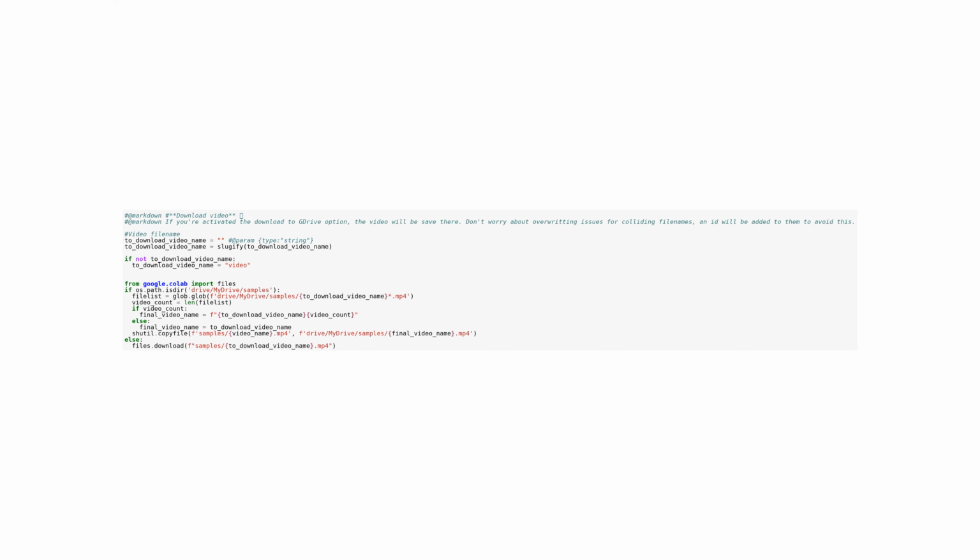Finally, the code copies the generated video file from the local samples directory to the Google Drive samples folder, renaming it appropriately to avoid conflicts. If the Google Drive directory doesn't exist, it defaults to prompting a direct download of the video to the user's local machine using the files download function. This approach smoothly handles both saving to cloud